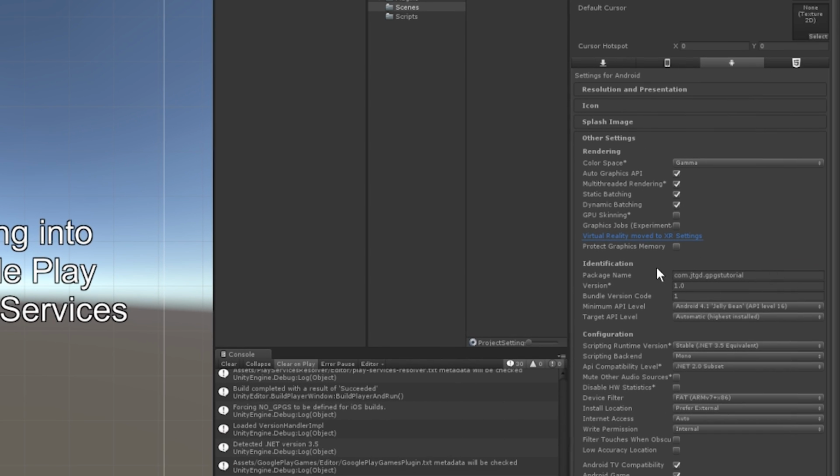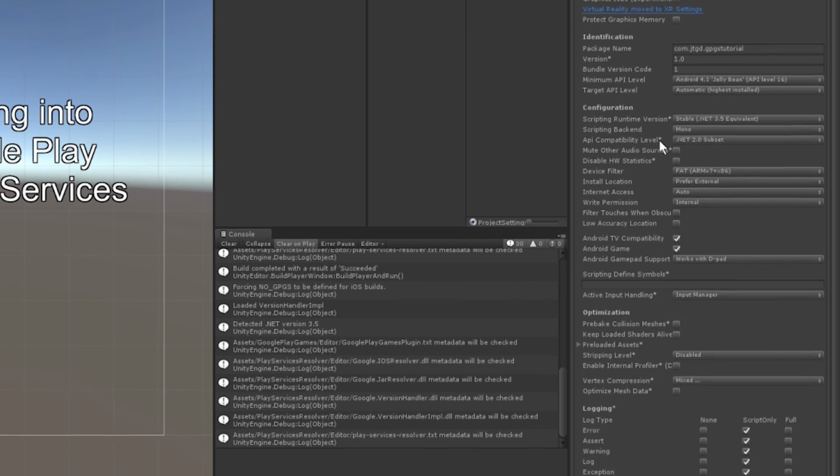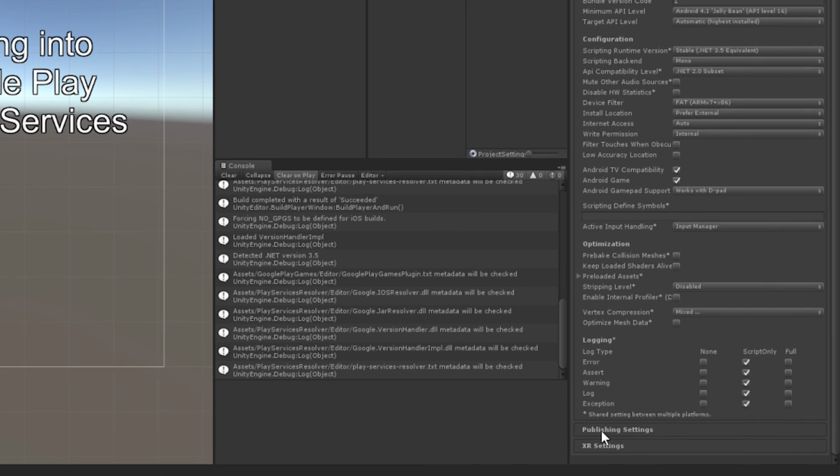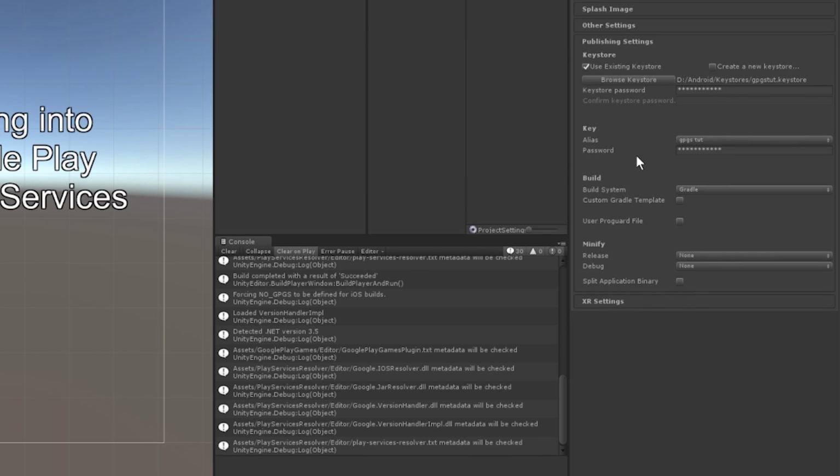So of course we're going to be entering a package name, and you're going to be wanting to remember what that is because we're going to be putting it in the Google Play Developer Console in just a little bit. And if you scroll down to the very bottom, go to Publishing Settings,